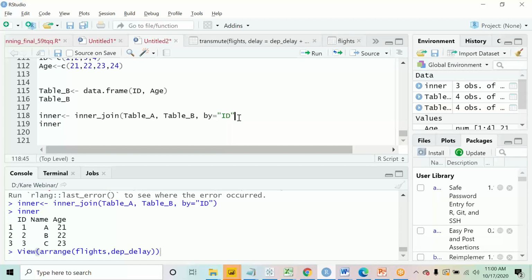Okay, class. So we shall check. Still got the same result. What is the result that you are getting? 1, 2, 3, ABC, 21. Are you getting the same result or something different? Yeah, so this is what the output is, right? So inner join means common data between the two tables, right?